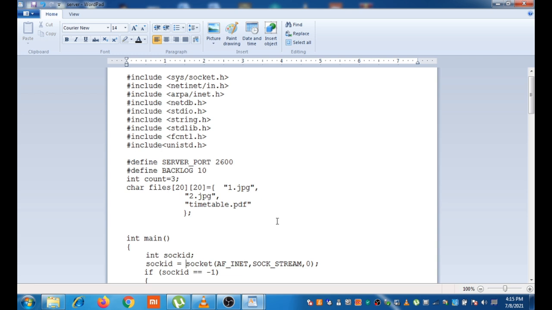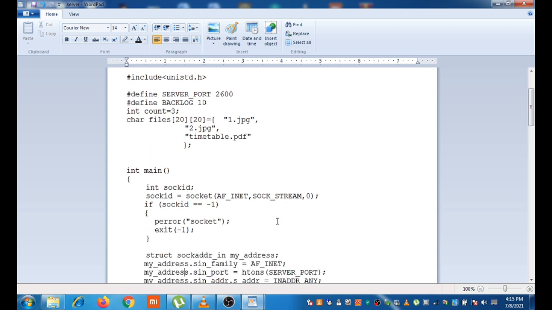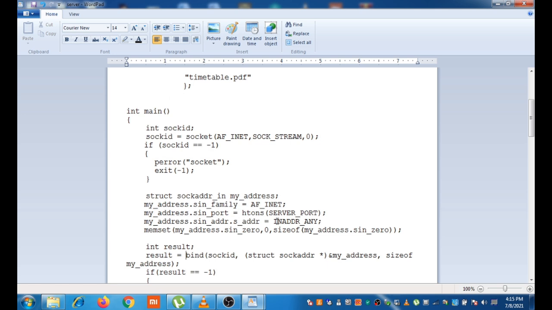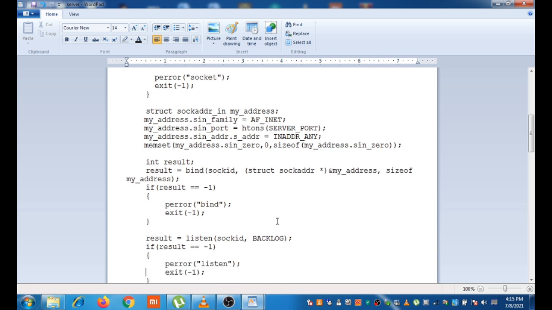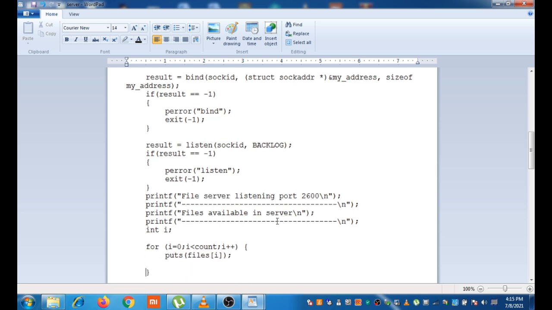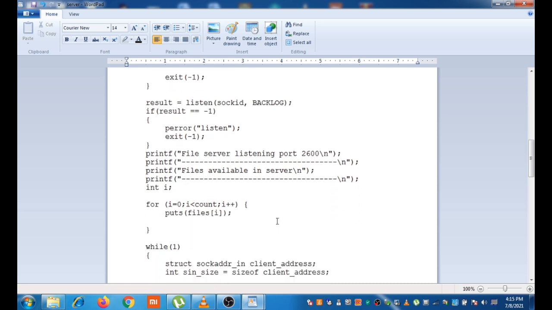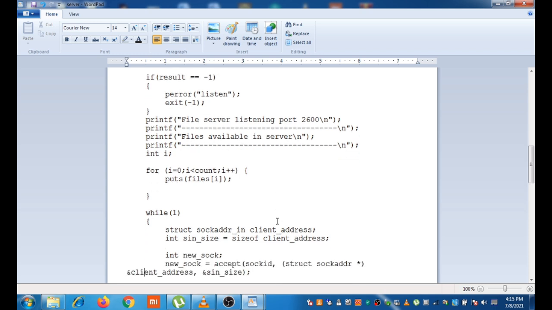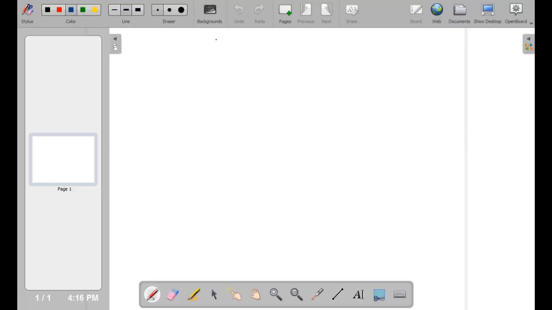Here the server creates the socket, then it is binding, then it will listen for the clients, and in an infinite while loop it is accepting connections from the clients. So at the server side,